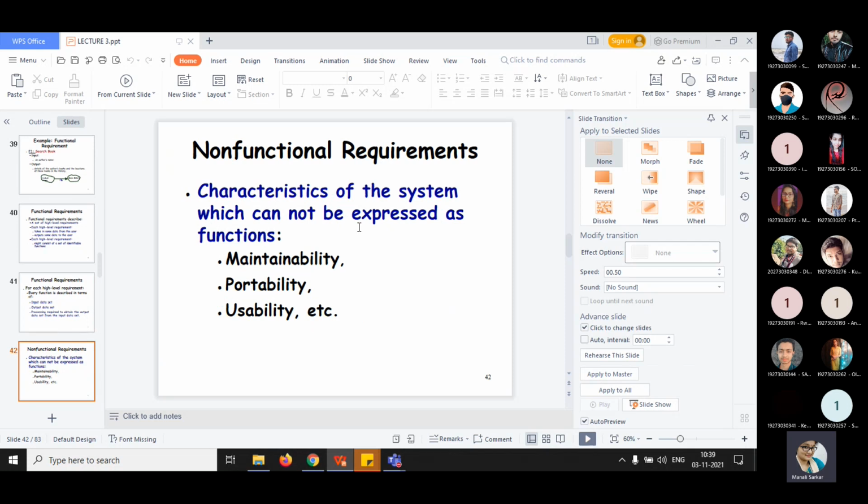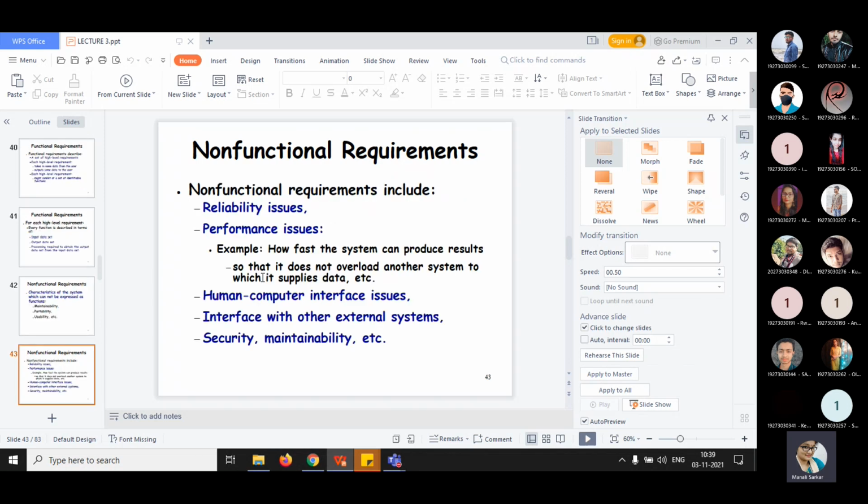Characteristics of the system which cannot be expressed as functions are maintainability, portability, and usability. These three are the non-functional requirements. Non-functional requirements include reliability issues and performance issues. Reliability issues means whether whatever you are developing, suppose you are developing software for fund transfer,